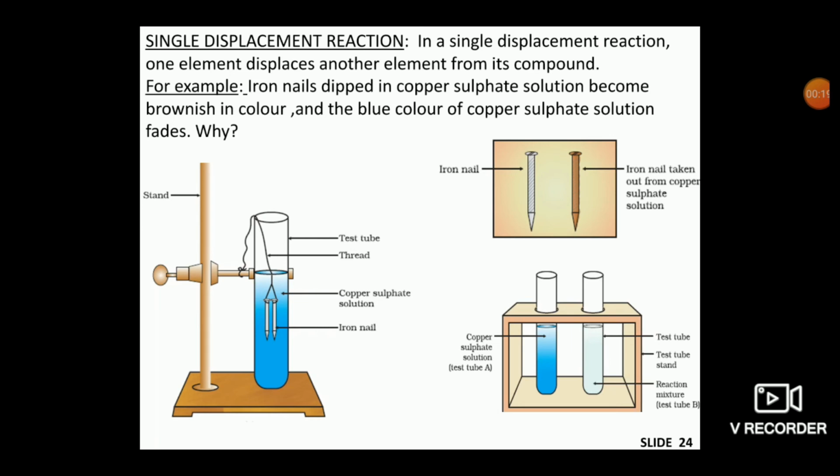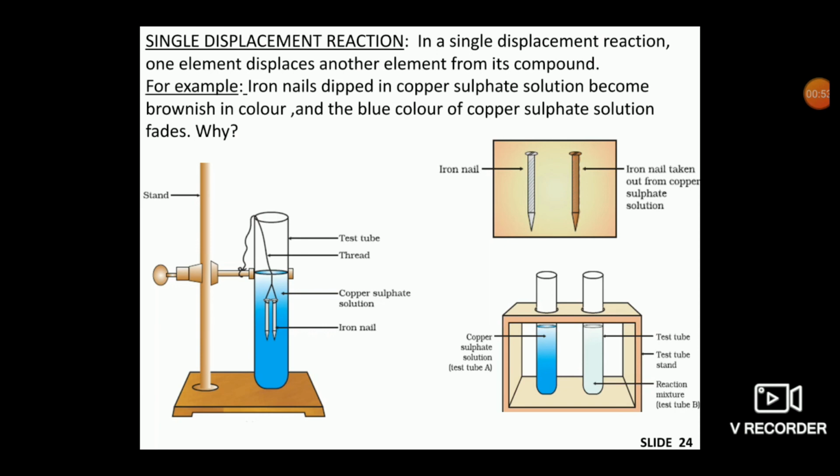Three figures are shown here. In the first figure, we can see a test tube containing blue colored copper sulfate solution fixed onto the stand with the help of a clamp. Two iron nails are suspended into the solution with the help of a thread. After some time, when the nails are taken out of the solution, a brown colored coating will be seen on the iron nails. Please refer the second figure. It is due to the deposition of copper metal on the iron nail. The blue color of copper sulfate solution fades after the single displacement reaction.